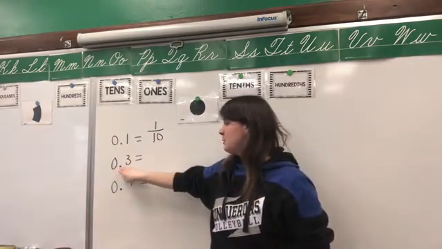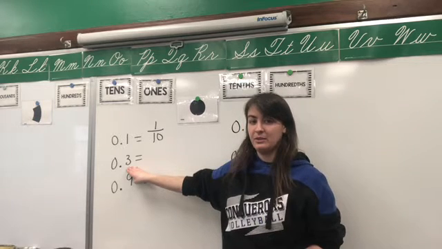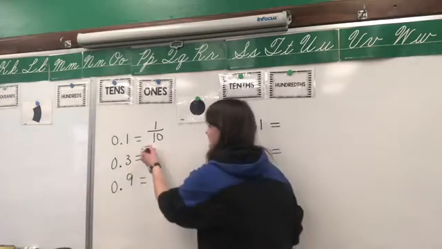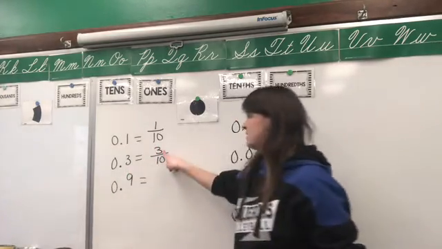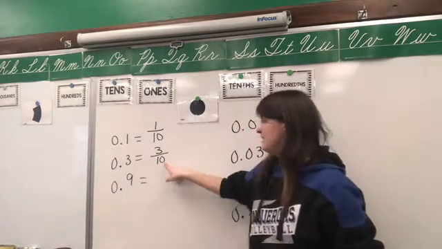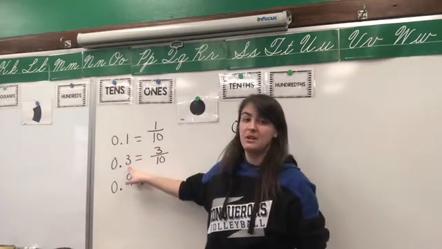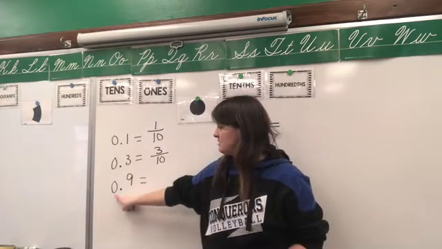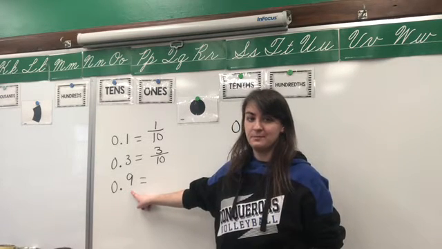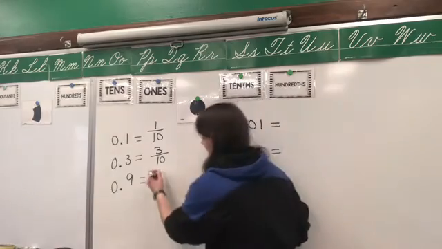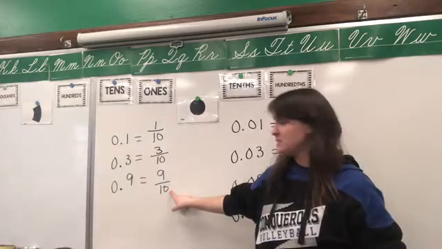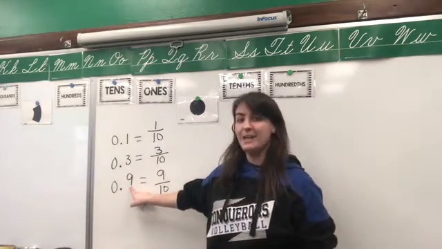Then if I have 0.3 or 0 decimal point 3, that's equal to the fraction 3/10, correct. Once again, 3 is our numerator because it's the only number we have there. 10 is our denominator because we are in the tenths place value spot. If I have 0 decimal point 9, that is equal to what fraction? That's right, 9/10. 9 is our numerator, 10 is our denominator because we have 9 in the tenths place value